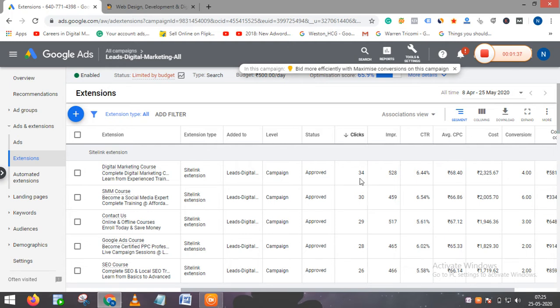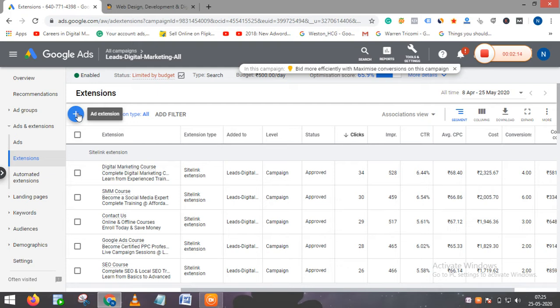It will help me collect leads directly from these search ads. So instead of taking your users to the website or a landing page, by adding this form you can collect leads directly from the ads. So this is what a lead form extension is. It will help us generate more leads. We know sometimes our landing page is not performing well, so this is the best option for the business. So I am clicking on this plus extension to create a lead form extension.